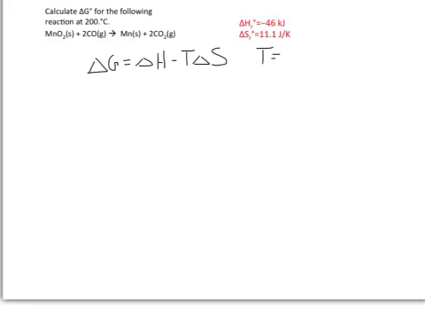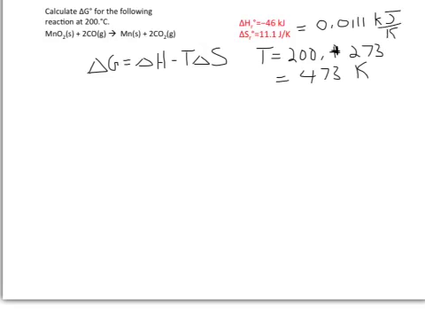So the temperature is 200 plus 273, or 473 Kelvin. The other units that I need to be careful of are for the entropy. If you notice, the enthalpy is in kilojoules, the entropy is in joules per Kelvin, so I need to be working in the same units. Because we typically report free energies in kilojoules, I'm going to convert delta S from joules per Kelvin into kilojoules per Kelvin. So to go from joules to kilojoules, I just need to divide by 1,000. So the entropy is 0.0111